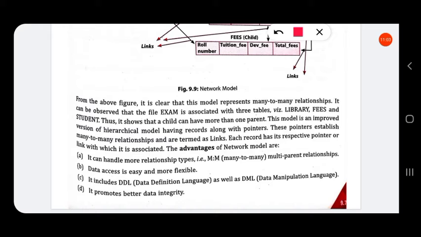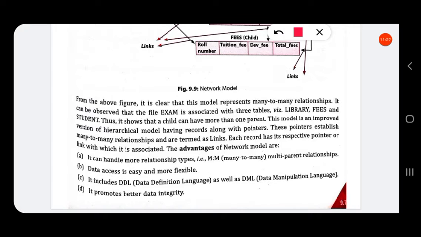This model is an improved version of the hierarchical model having records along with pointers. These pointers establish many-to-many relationships and are termed as links. Each record has its respective pointer or link with which it is associated.